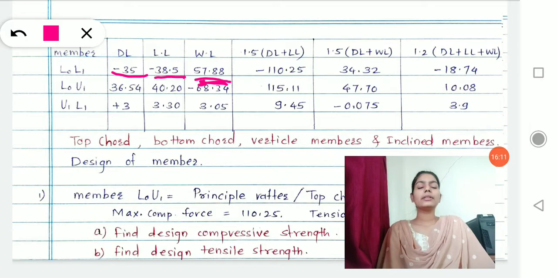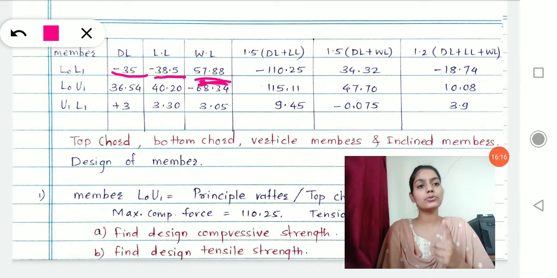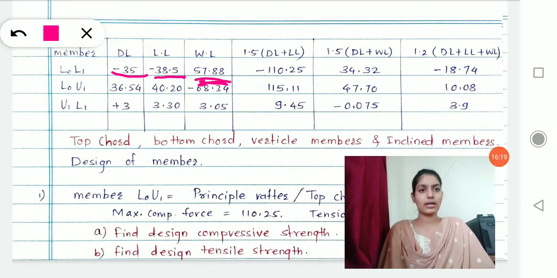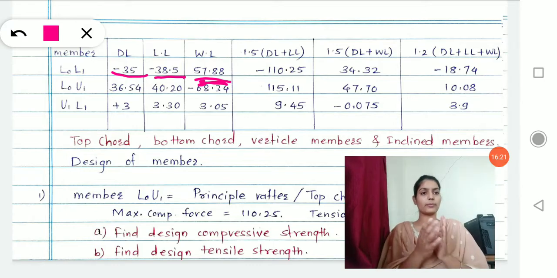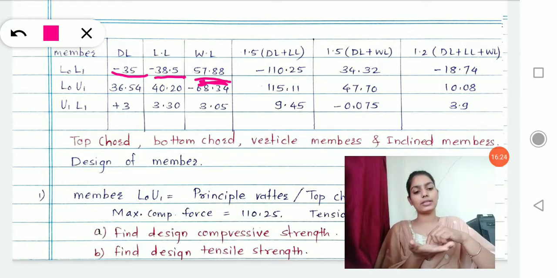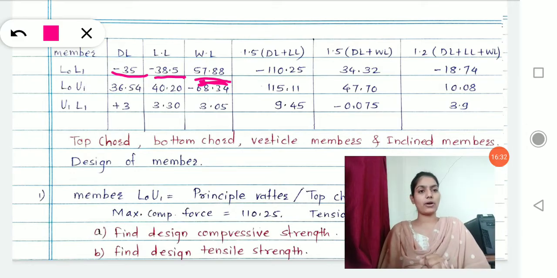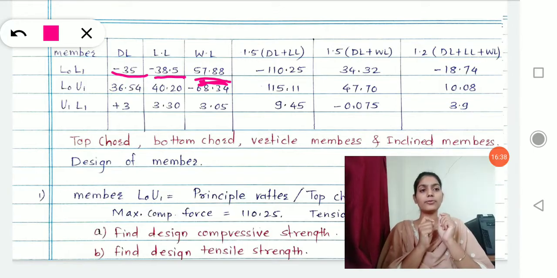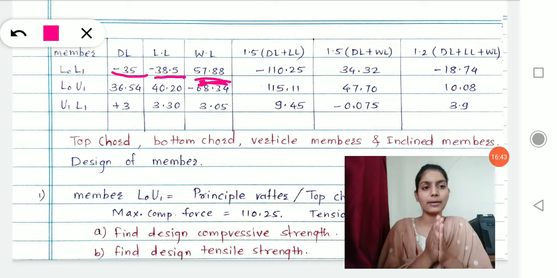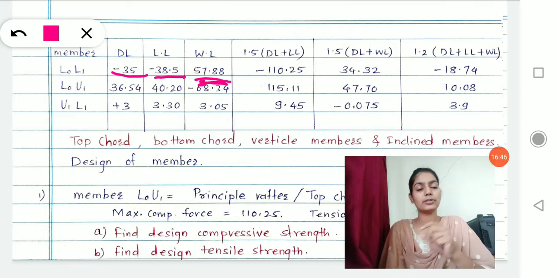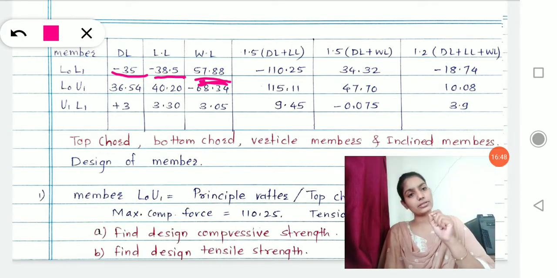Now, what am I supposed to do with these forces? I have to do load combinations. What does load combination mean? It means that at a particular point or on a particular surface of my structure, many forces are acting, or many forces are experienced by that member. Those forces you analyze separately, but while designing you have to club them all and design one member suitable for all the loading combinations coming upon it.